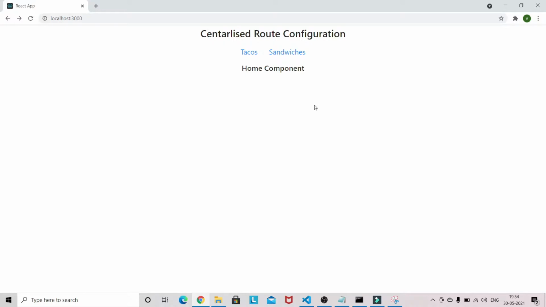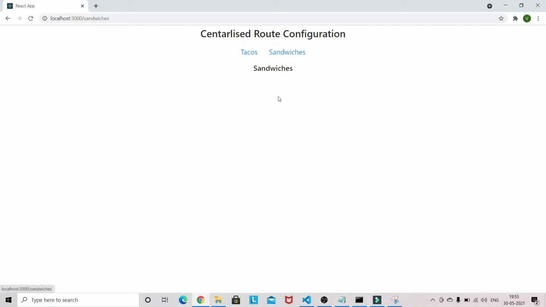I'll just give you the demo. You can see that we have basic components which render.